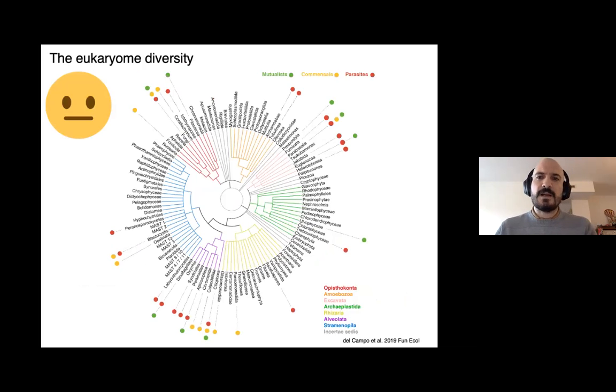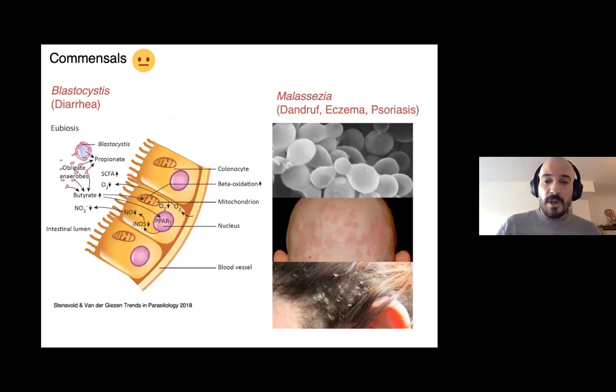And what about the commensals? As I mentioned before, we don't know that much about commensals because we never had the interest, and we were using targeted approaches. Some of the commensals that you see in this tree used to be considered parasites, and some of them still are. And there's a debate if they are actual parasites or if they are commensals. There are not many examples from marine environments here that are well known, but I'm going to show you a couple of examples in humans.